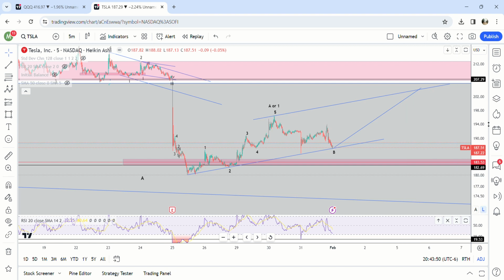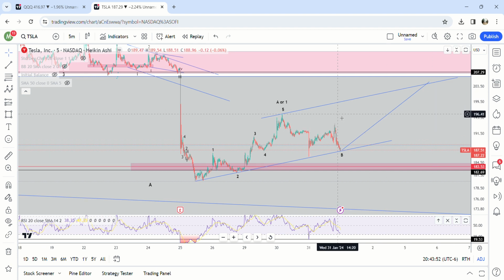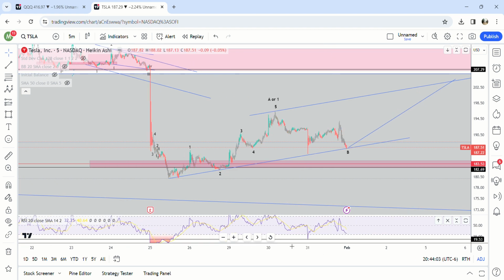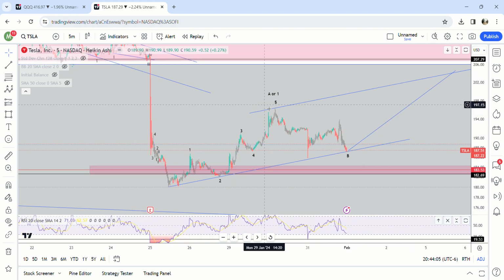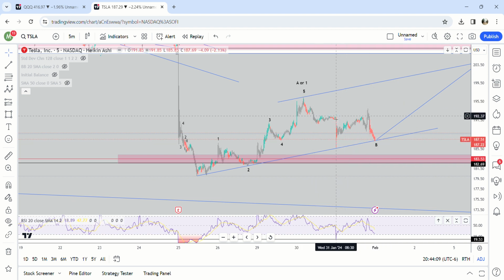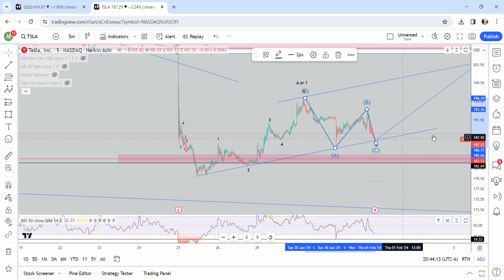Market update here on the 31st, starting here with Tesla. So we got 5 waves in the bottom. I know I haven't done an update here in a while, but I've been following Tesla still every day, trading it. But we got 5 waves in the bottom, and then we got this move right here. I think that this was A, B, C, like that,